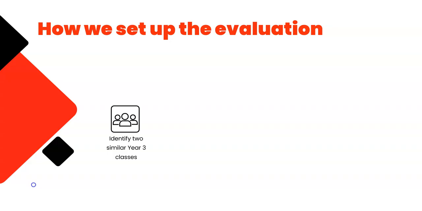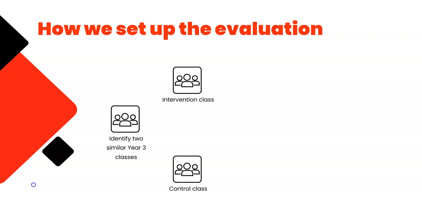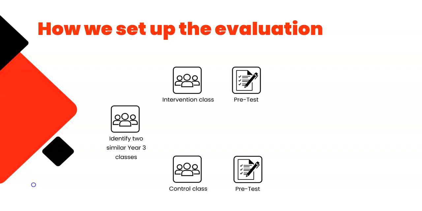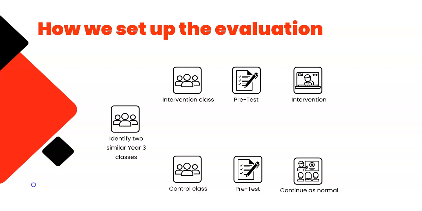The first thing we ask you to do is identify two similar ability Year 3 classes. Using the What We're Teachers platform, you'll randomly allocate one to the intervention, one to the control. Both classes will then complete the pre-assessment spelling task. The intervention class will then use the spelling strategy, and the control class will continue as normal for the 6